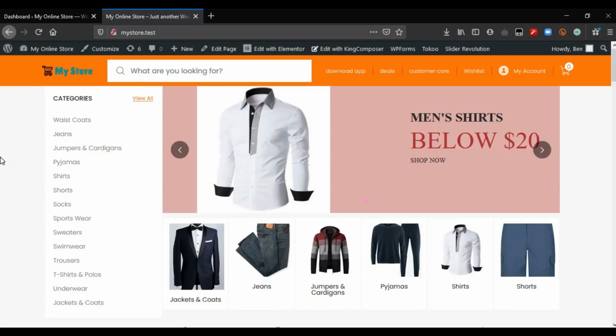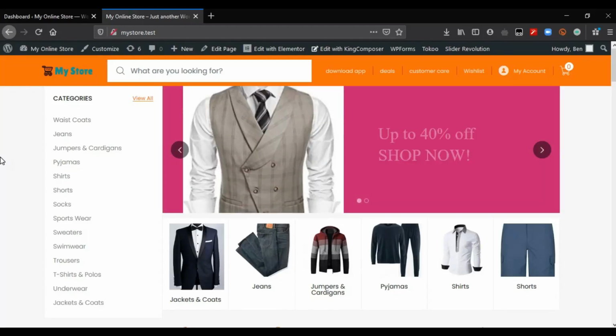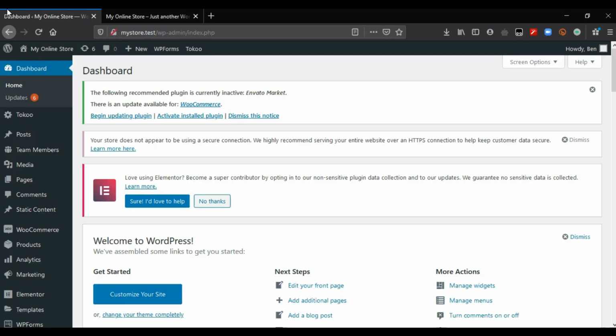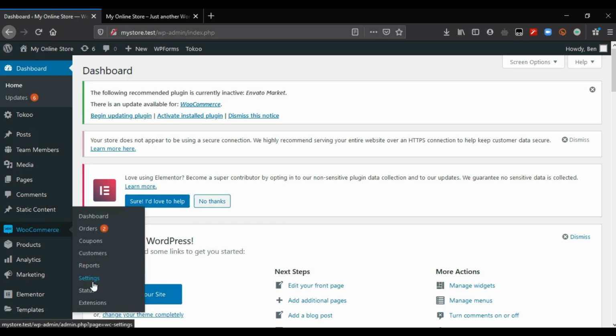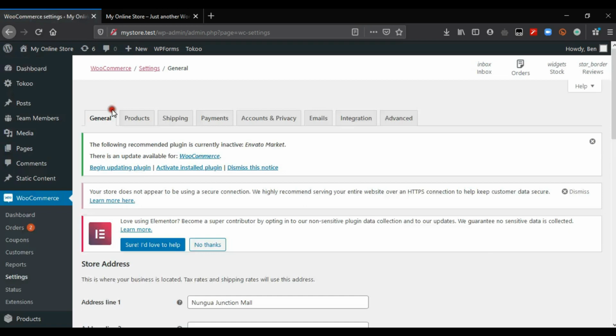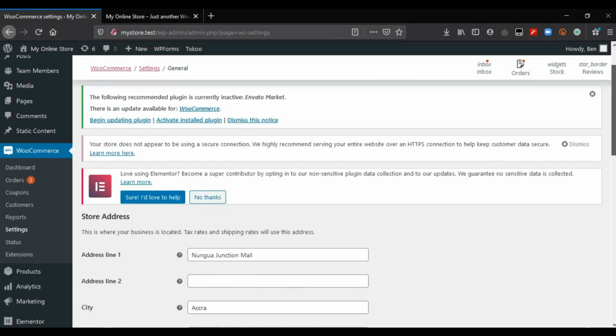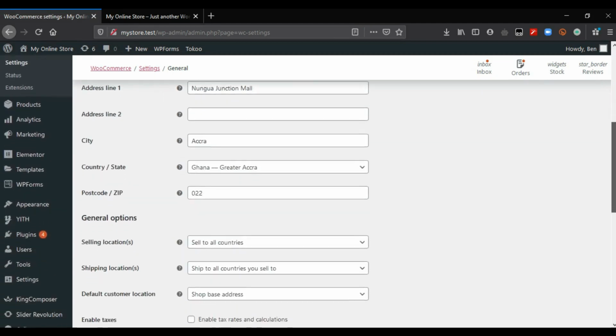To make the website fully operational, there are some settings to configure. So we have to go to the dashboard and then to WooCommerce and then click on settings. So we are going to configure all these one after another: general settings, products, shipping, payments, accounts and privacy, emails, integration and advanced settings. So with the general settings, we have the address of our store